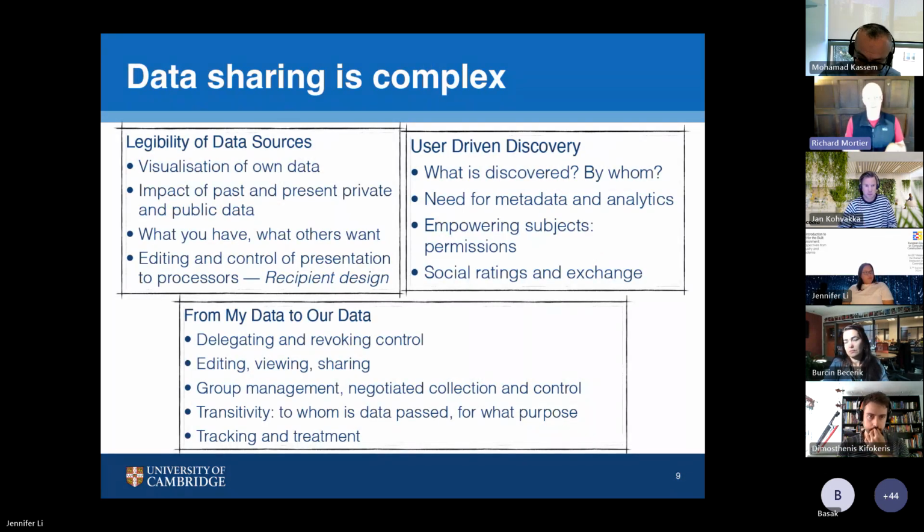So some of the things that we found out in the course of the projects that we did under this banner of HDI, I guess, one of them is kind of obvious, but it wasn't obvious to us just how complex it was, is that data sharing is complex. Sharing data is difficult to do. It's difficult to do while maintaining control of that data. It's difficult to do in a way that people can understand. Some of the challenges we came up with in the course of the DataBox project particularly were things around legibility. So how do you visualize your own data in such a way that you can make some sense of it?